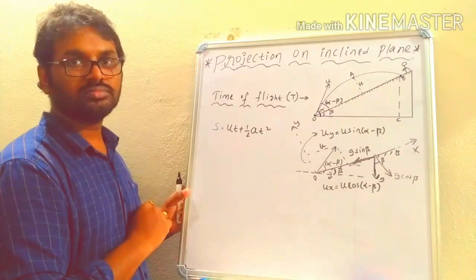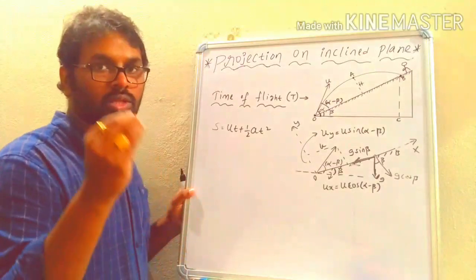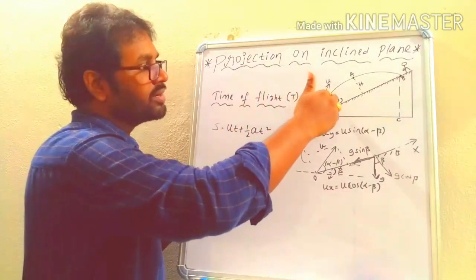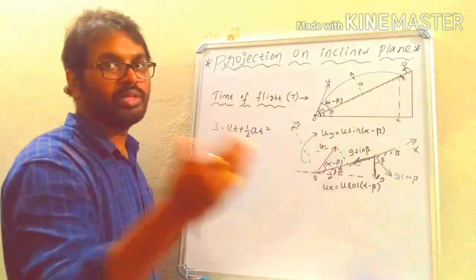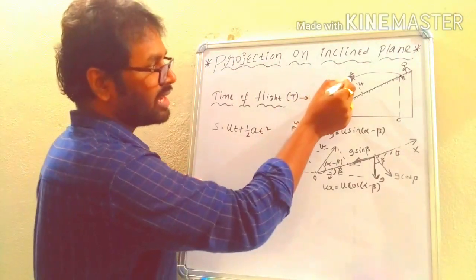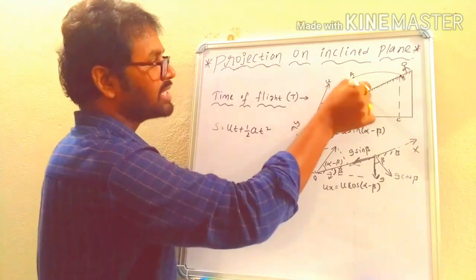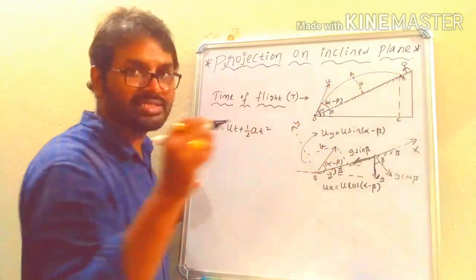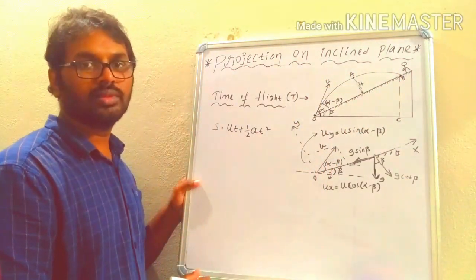So here we are interested in finding the time of flight with the help of this equation. Can you say, when the particle reaches point B, one of the parameters becomes 0. Which parameter? The vertical displacement traveled by the particle becomes 0 when it reaches point B. When the particle is at A, it covers the maximum vertical displacement. There you can see this is the maximum vertical displacement. If the same particle reaches B, it touches the inclined plane, so the vertical displacement comes as 0.